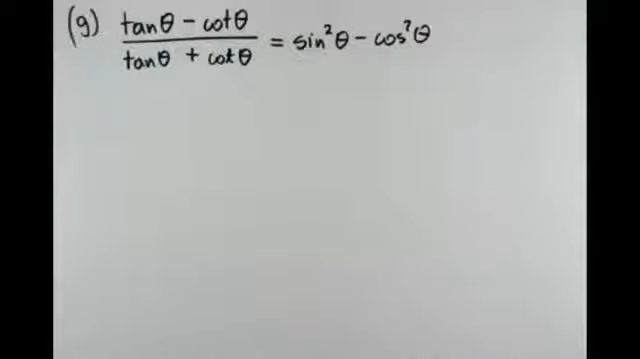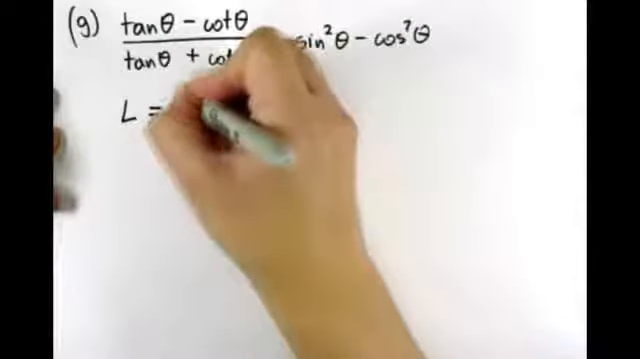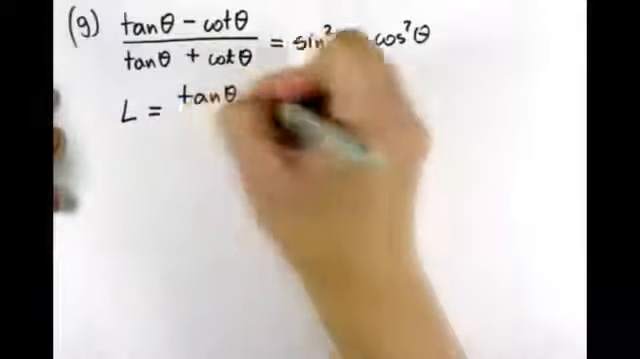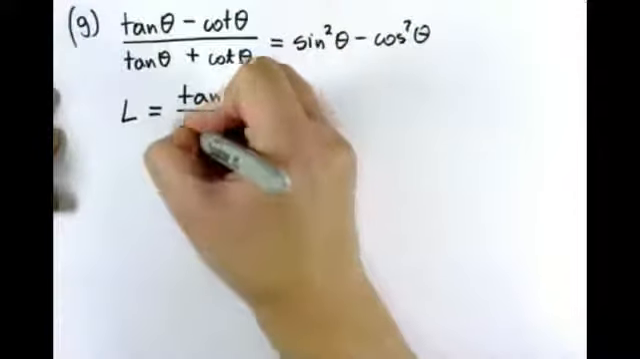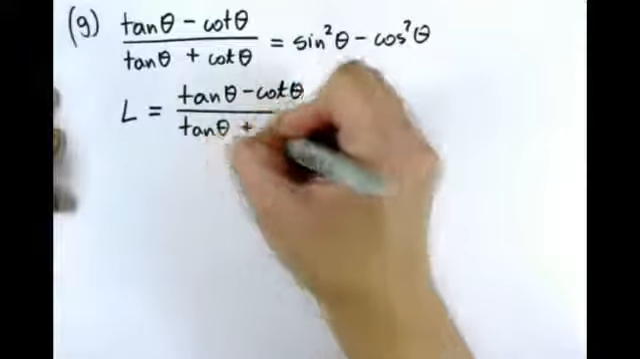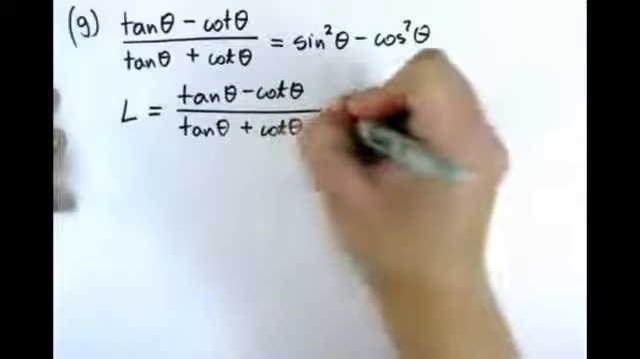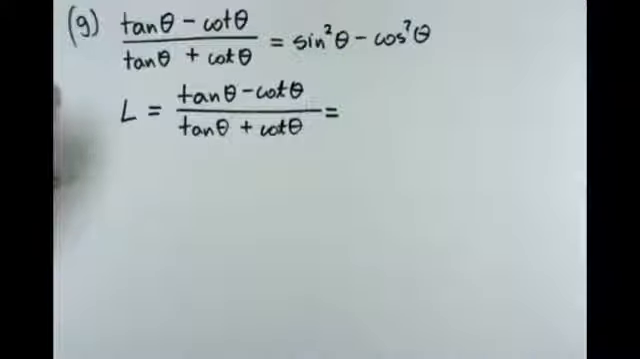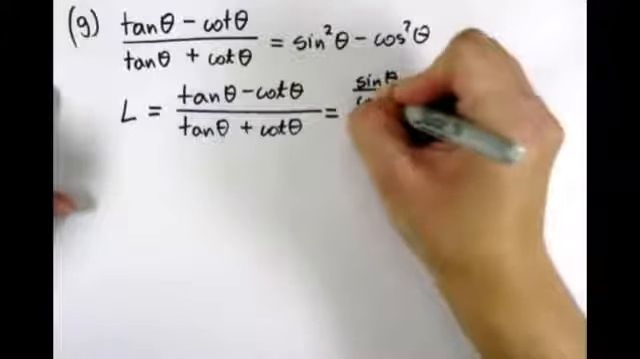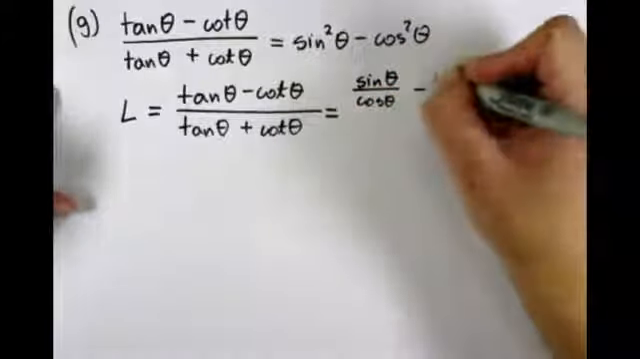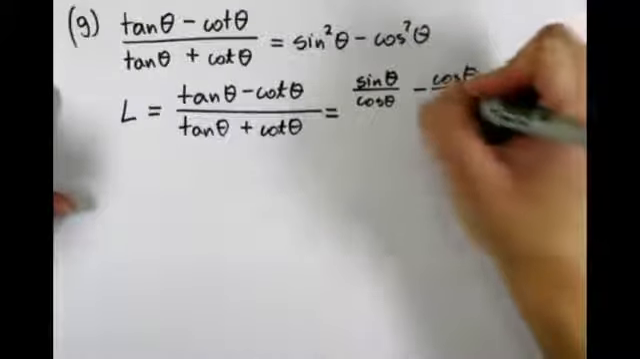So in that case we will start from the left side. The left side looks more complicated. So left side is equal to tangent theta minus cotangent theta over tangent theta plus cotangent theta. I'm gonna change tangent and cotangent into sine and cosine. So tangent is sine theta over cos theta, and cotangent is cos theta over sine theta,